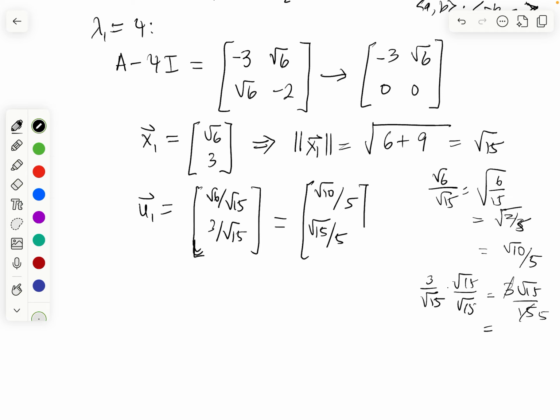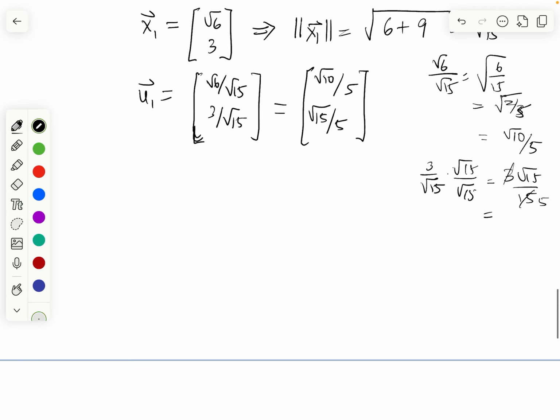Okay. Maybe it might actually be easier to leave it the first way, but anyway, I already did it. So that's u1. That's an eigenvector with unit length with eigenvalue 4. Now we just need to do the other one. So it's lambda 2, which is, what was it, negative 1. So now we need to do A minus lambda I. So that's A plus I, and that's going to be